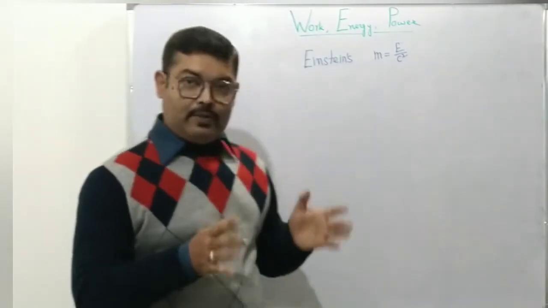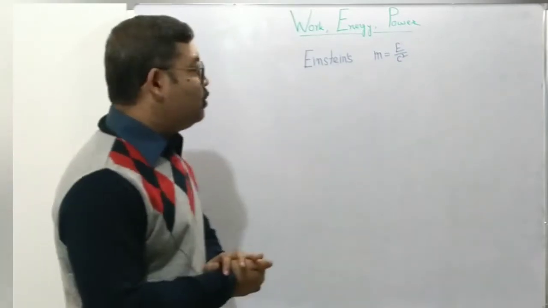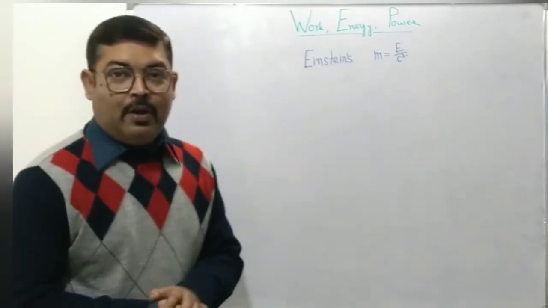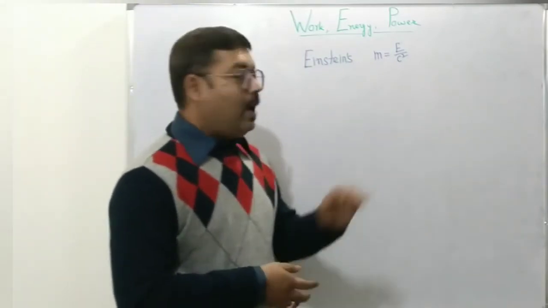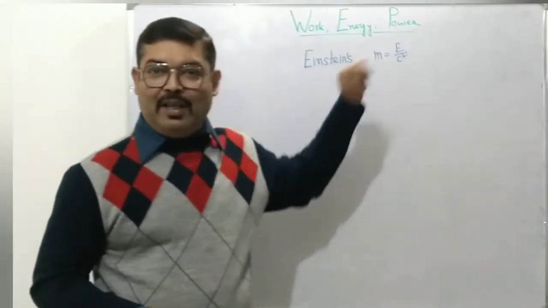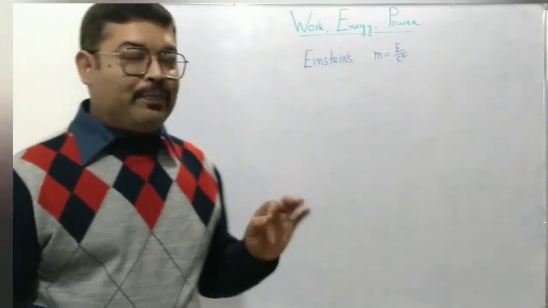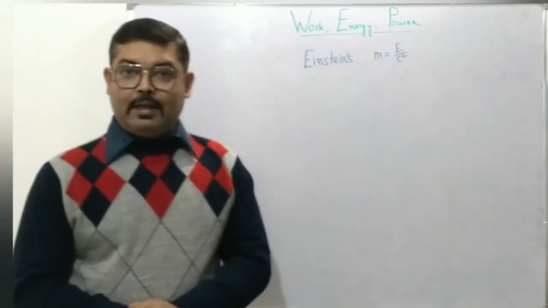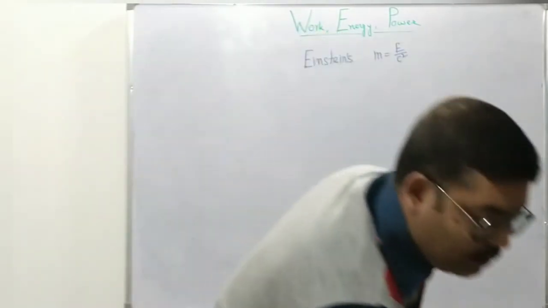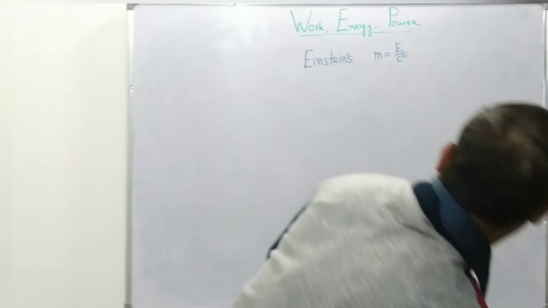Now let's move on, and we come to a very important relationship, probably the most important, or not most important, yes, it's very important in physics, and also the most famous equation of all of physics, that is E equal to mc squared. Now I have written it a little differently, m equal to E by c squared. Why? Because Einstein initially in his paper wrote the equation like this. It's only that with cross multiplication we finally found that E equal to mc squared.